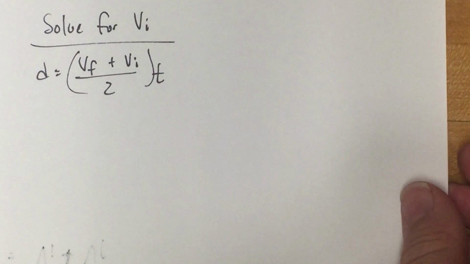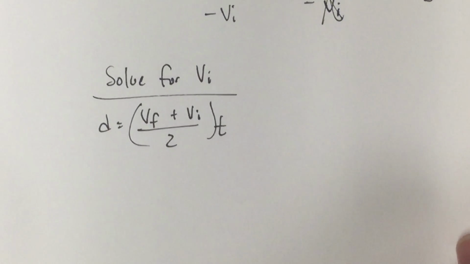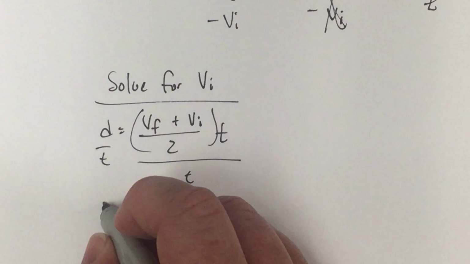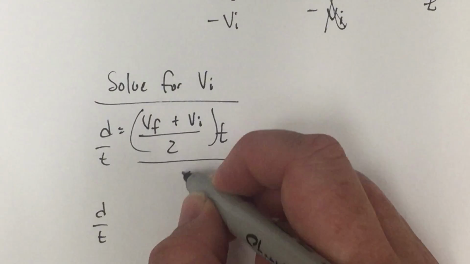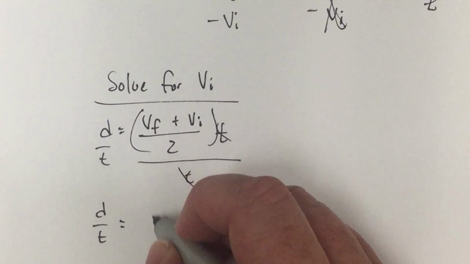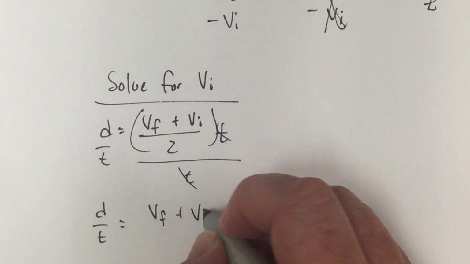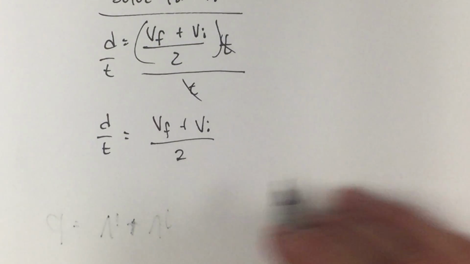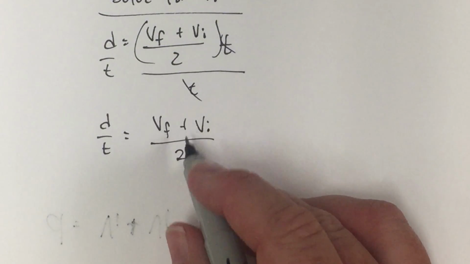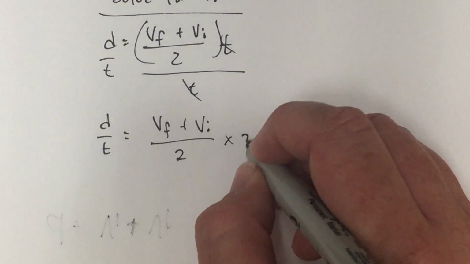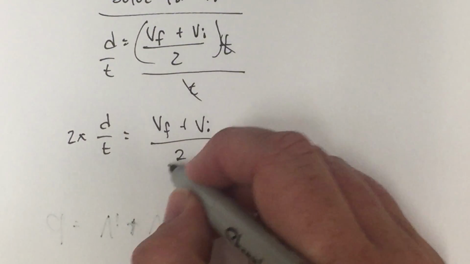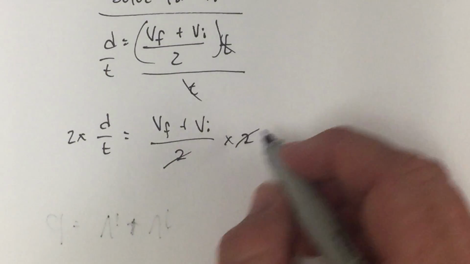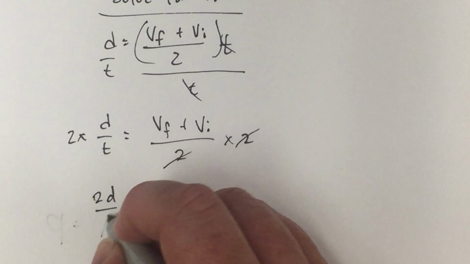If we come down here and we're solving for vi, we'll start the same way. We'll divide by t. So I'll have d divided by t to bring the t over there. Will equal vf plus vi divided by 2. Again, I don't want the 2 on this side anymore, so I have to do the opposite. Currently I'm dividing by it, so now I'll multiply it. So times 2. Cancels that out there. If I divide by it and multiply it, we get rid of it on this side. So I have 2d over t